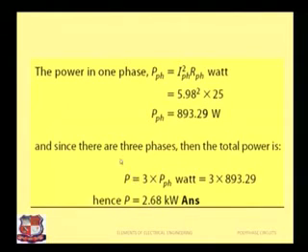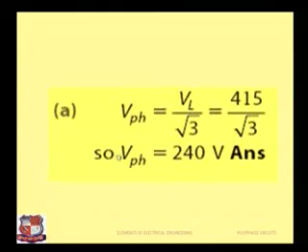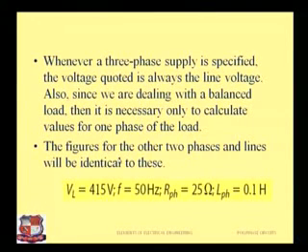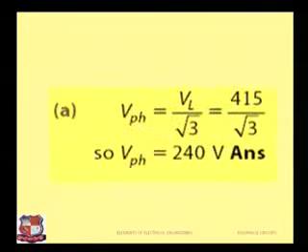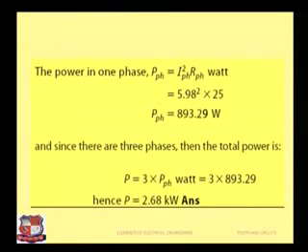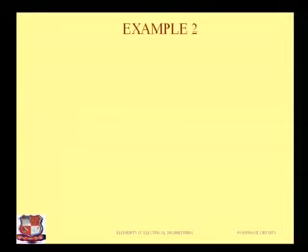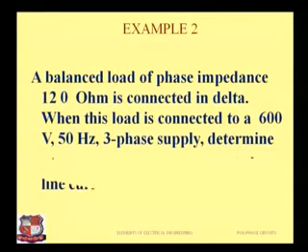Thus, first we have seen what the given things are in the example, and we have noted down all the given things. Then what is to be calculated, what is the meaning of star connection, and then we did the calculations and got the final answer. Now let us study one more example on delta.